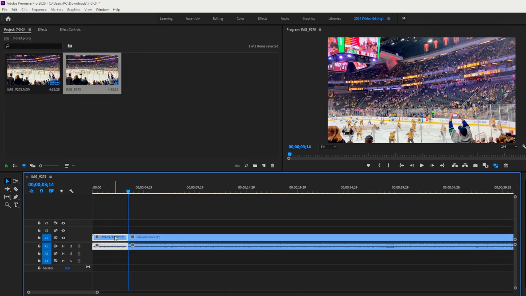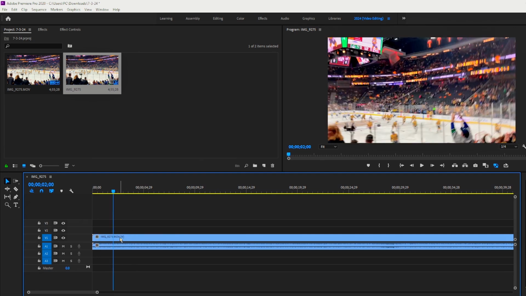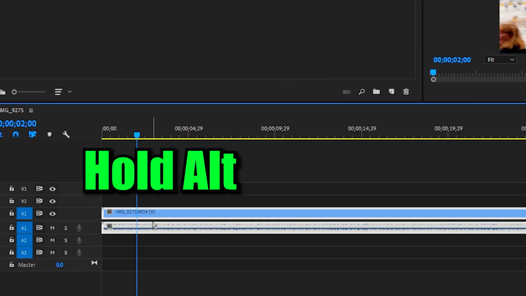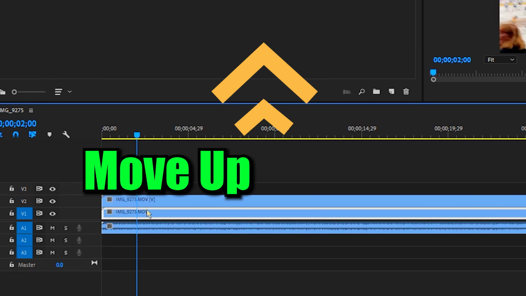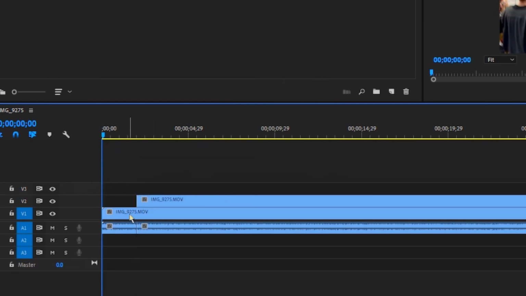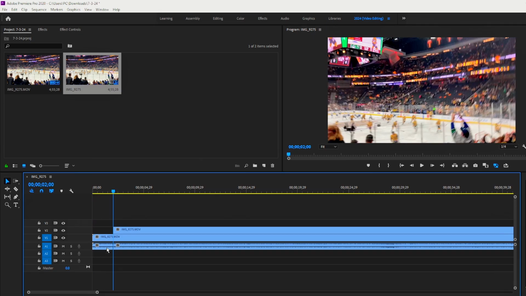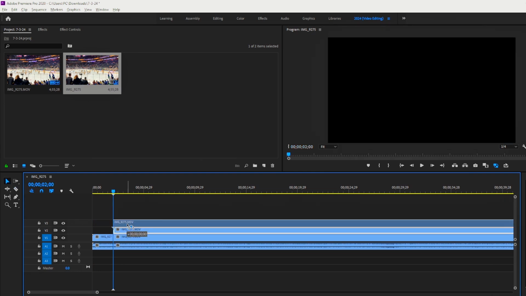And then with the clip selected, we're going to duplicate the video layer by clicking on it and holding down Alt so it duplicates. Let's say we want to time freeze this part of the video. So in this case, we'll add a cut, and then the video that we basically just duplicated by holding down